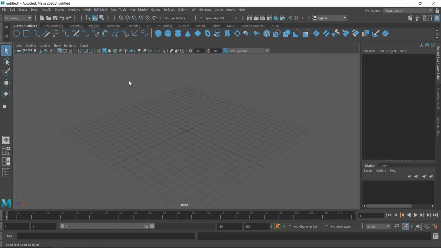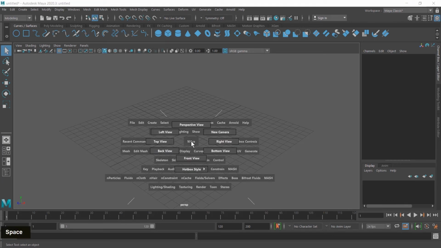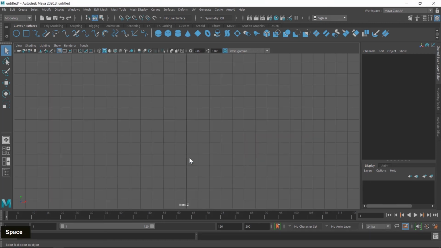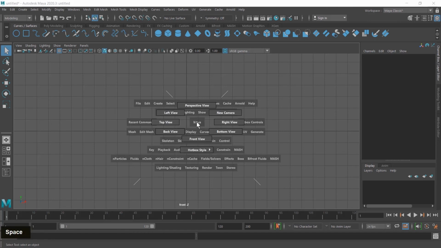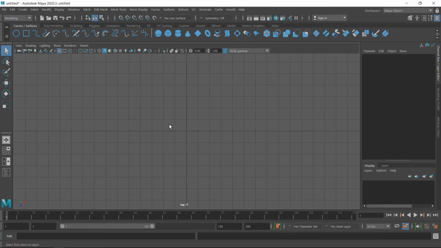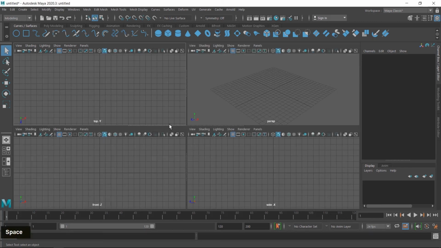And if you want to switch to the front viewport, press the space bar and then right click and leave your mouse on the front viewport and you immediately switch to the front viewport. In the same way you can also switch to other viewports like top, back, right view and camera view. So it's a very easy way to switch from one viewport to another. Now I press the space bar and switch to the four viewport window.